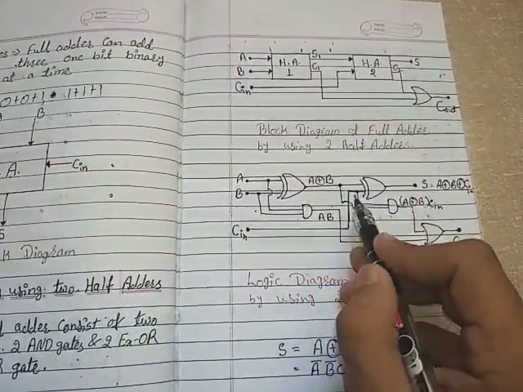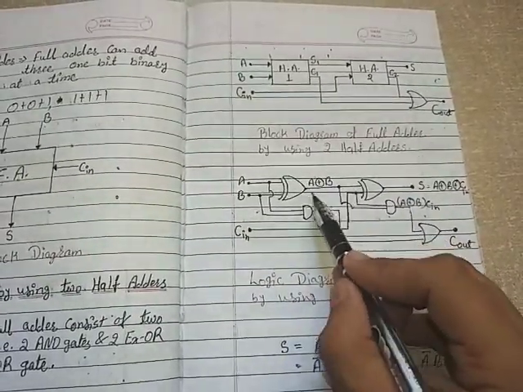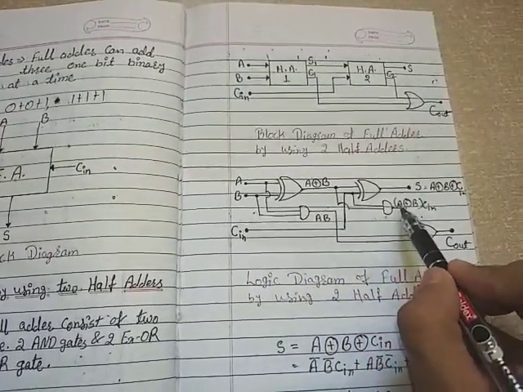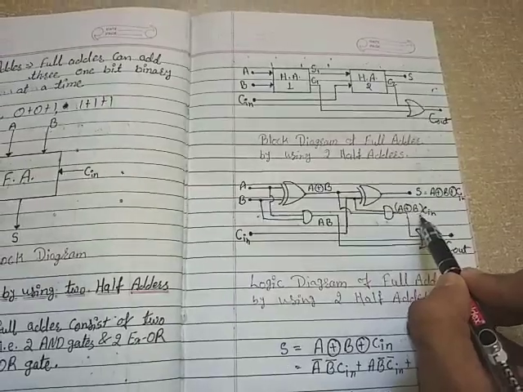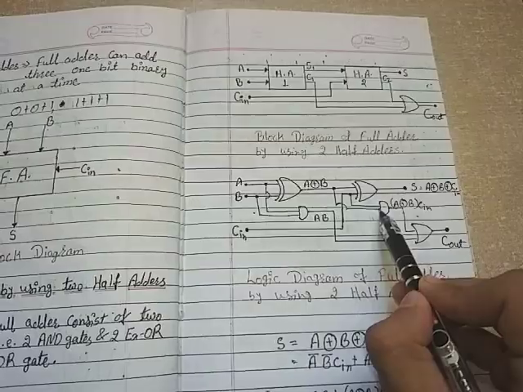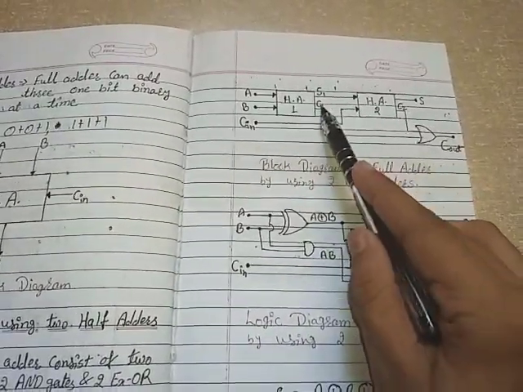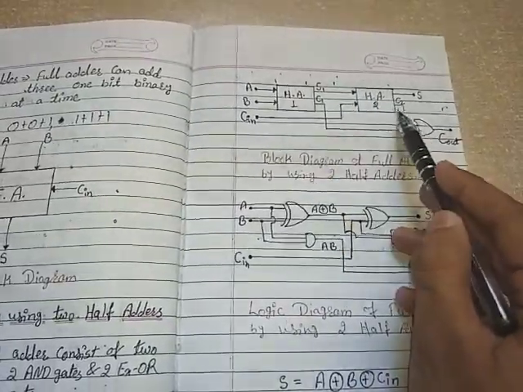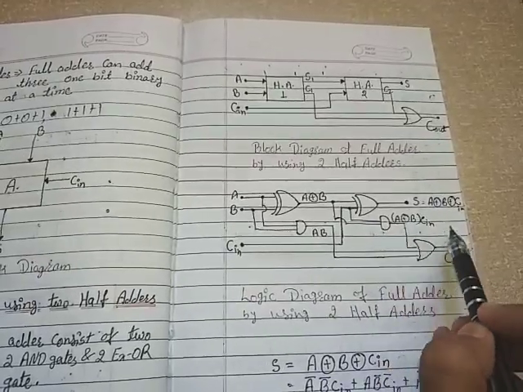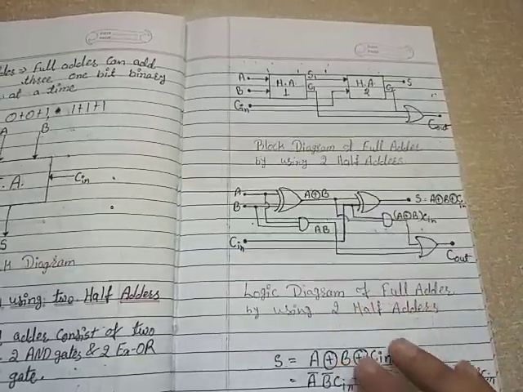Now here as well, for this half adder portion, the two inputs are A XOR B and C in. So both are passed through AND gate, will give me A XOR B dot C in. Here is the A XOR B and here is the C in. Clear? Now then what we have to do? We have to pass both the carries through OR gate. So here is my first carry A dot B, and here is my second carry A XOR B dot C in, passes through OR gate, will give me cout.